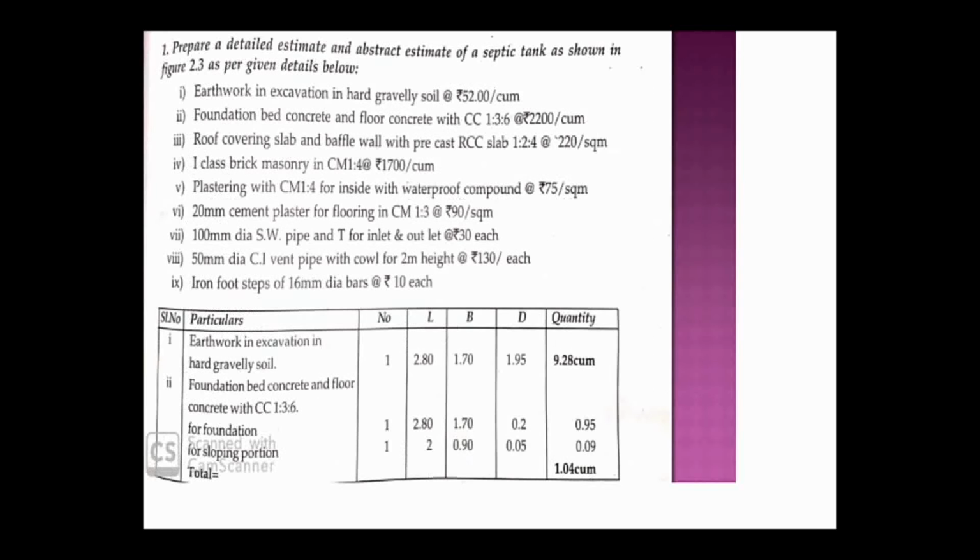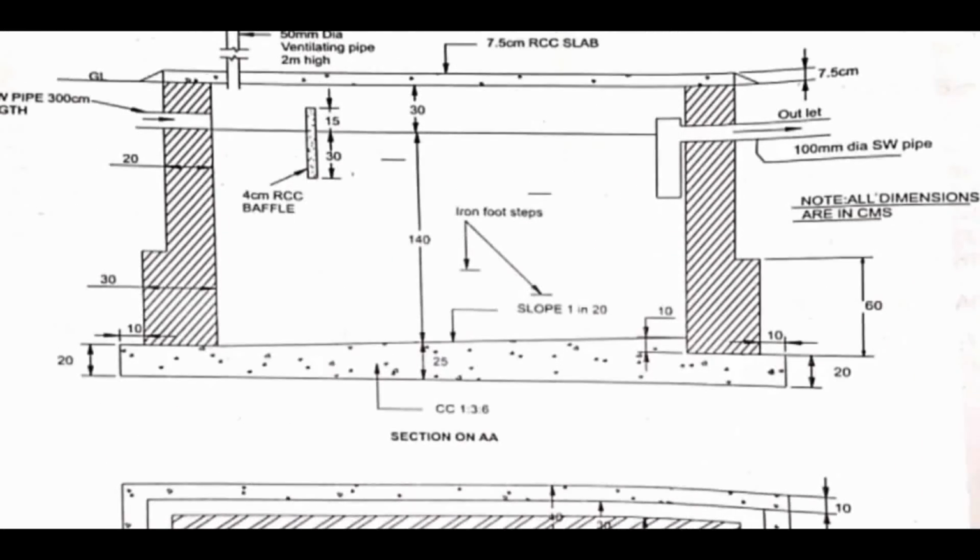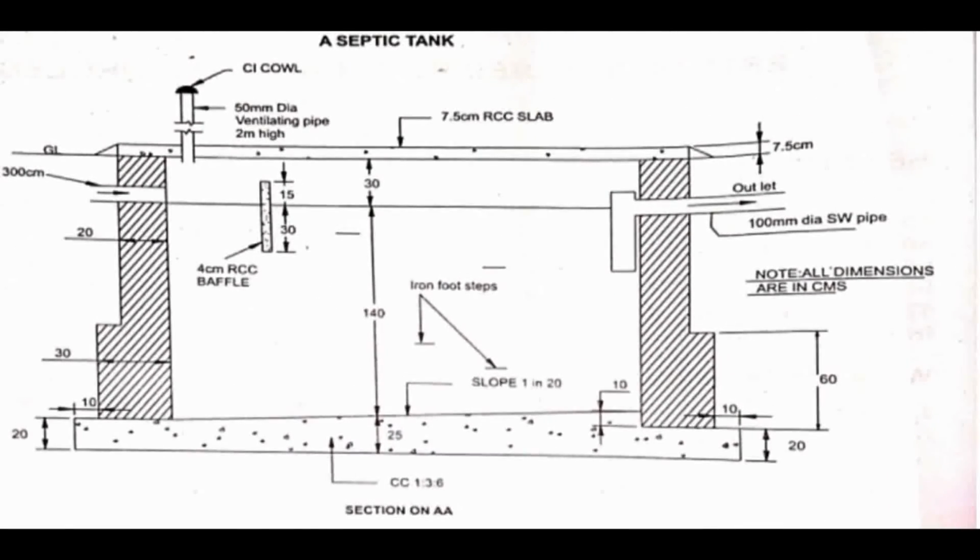See, only the inside portion we have to plaster, right? So the dimension we have to consider is the inside dimension. When I take the long wall, that is the horizontal one, the length is how much? 200, right? 200 will be your length, and the depth you have to consider. Here in this figure you can see what the depth is. 140 plus 30, because after that there will be concrete, right? So 140 plus 30 will be your depth of plastering, that is 170, right? So the length is 200 for the long wall and the depth is 170, that is 1.7.